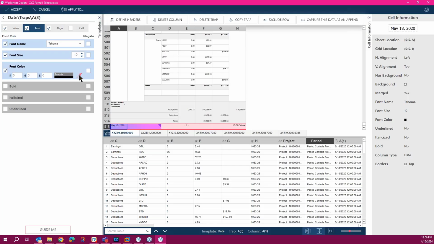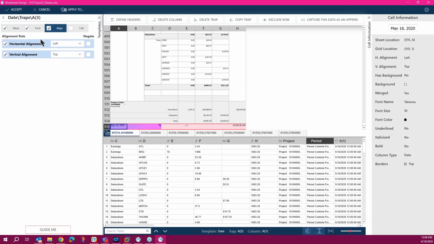And by the way, you can also use this eyedrop to grab the color. If you want to grab a color in a certain cell, you just click on the eyedrop, click on that value here, and it puts the number for the color in these R, G, and B boxes. Okay, and then alignment is left and top.